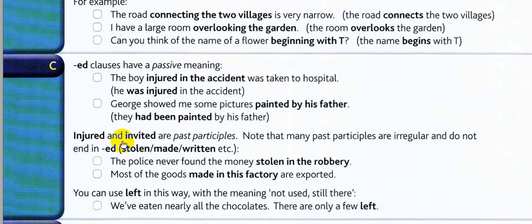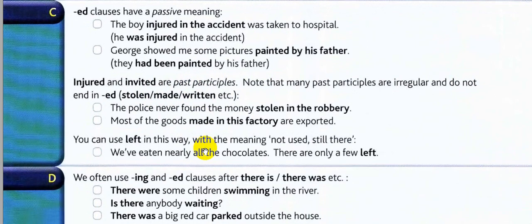Okay. Injured and invited are past participles. Note that many past participles are irregular and do not end in ed, like stolen, made, written. هذه المعلومة من الفصل الفات احنا عارفينها. The police never found the money stolen in the robbery. فكري وقولي لي ايش المحذوف هان. طلعي ايش المحذوف هان. Okay, most of the goods made in this factory are exported. وين المحذوف هان؟ ايش المحذوف هان؟